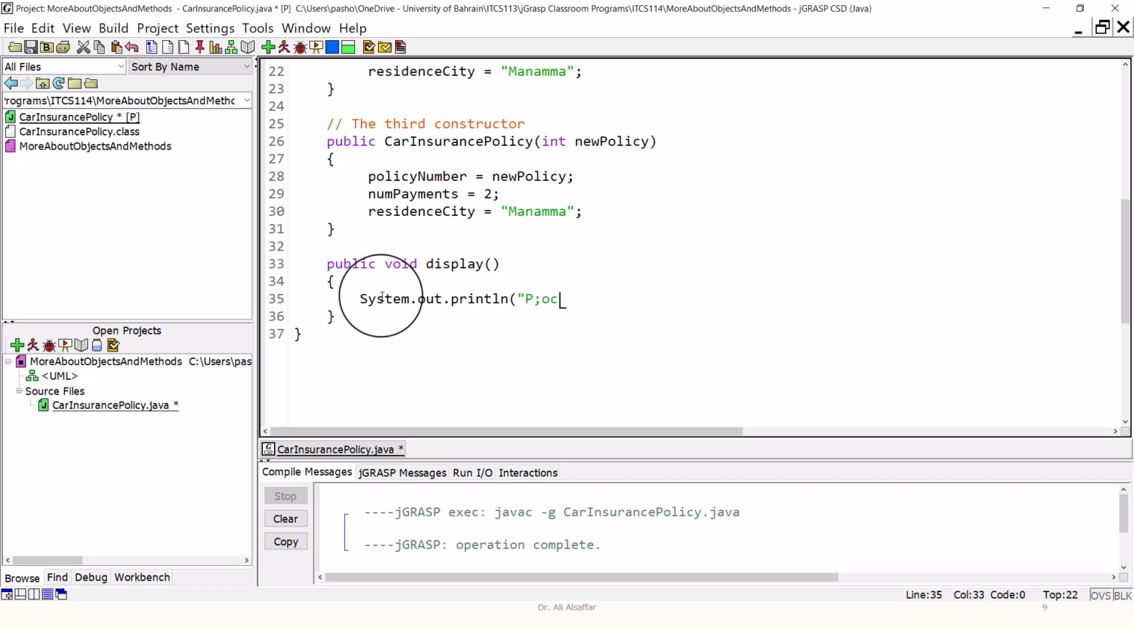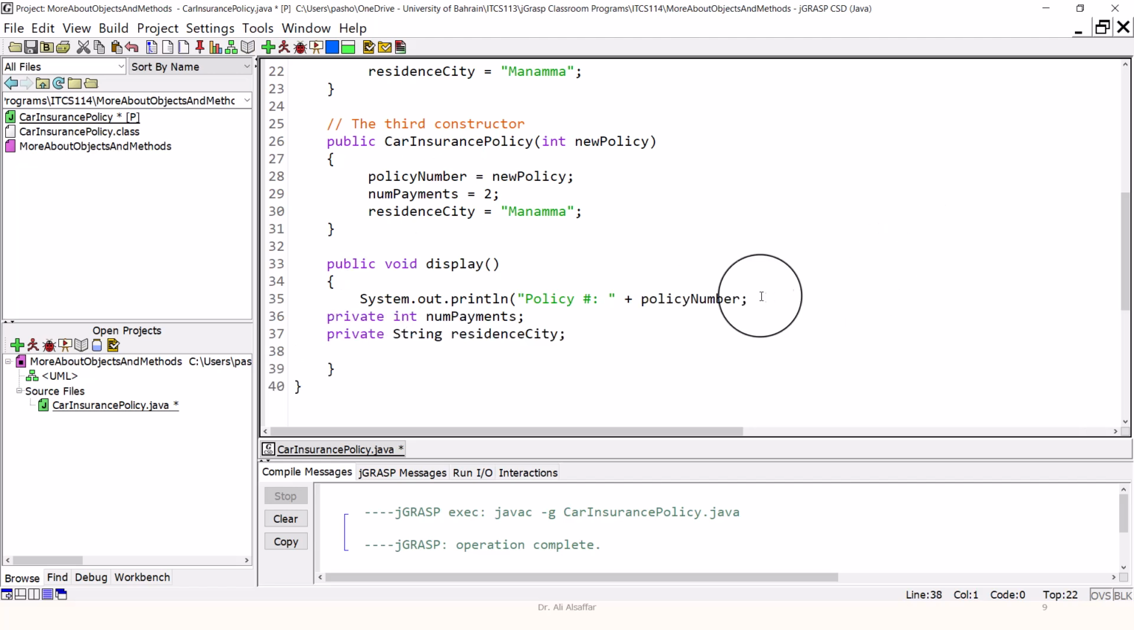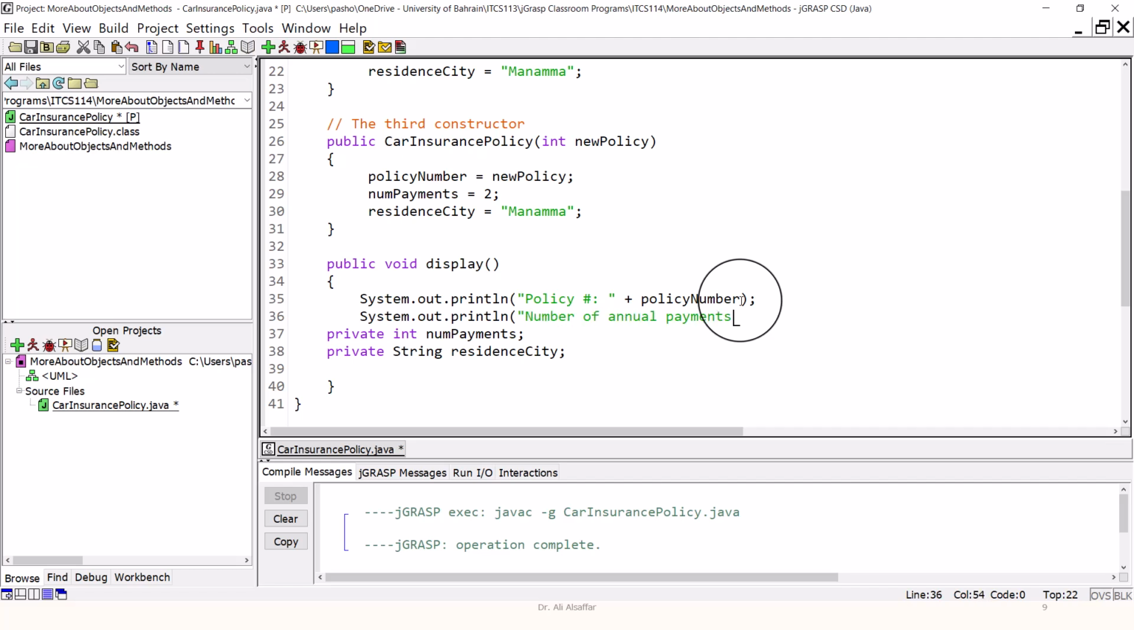System.out.println. First we need to print the policy number, followed by colon plus Control V, and this is the policy number. Next, system.out.println the annual number of payments, it will be from numPayments, and finally the residency city,